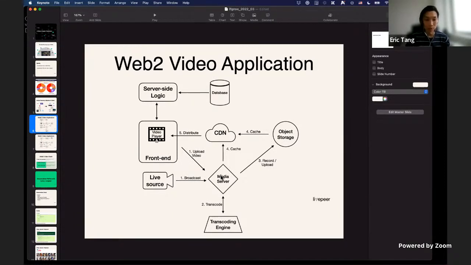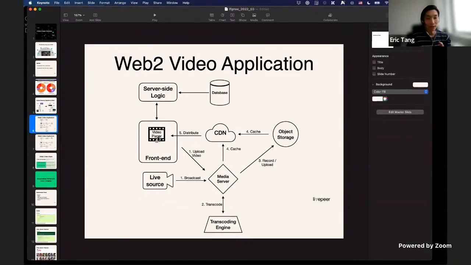This media server would then transcode the video, and maybe upload the transcoded renditions to object storage, maybe S3, something like that, right? This content gets cached in the content delivery network, and then it gets distributed around the world to the users and devices, right?